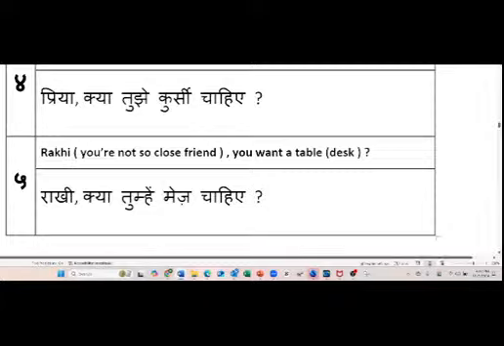Wait, do they know how to speak in Hindi? No, they don't. Wait, so then what would we do in level 5? Okay, so right now, how are your sentences? They are simple, right? For example, you want a chair, you want a table. Now, level 5, what will you do? I want a chair because I want to sit down.